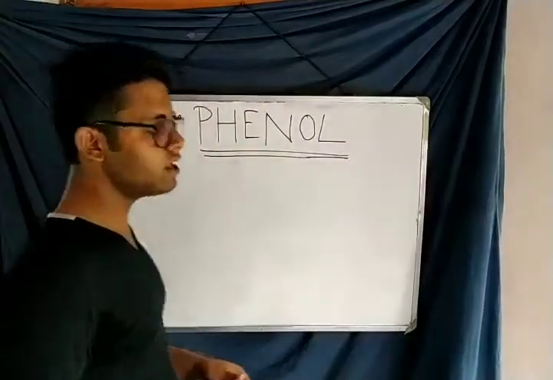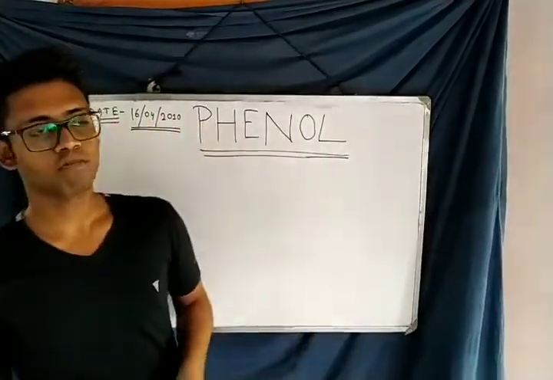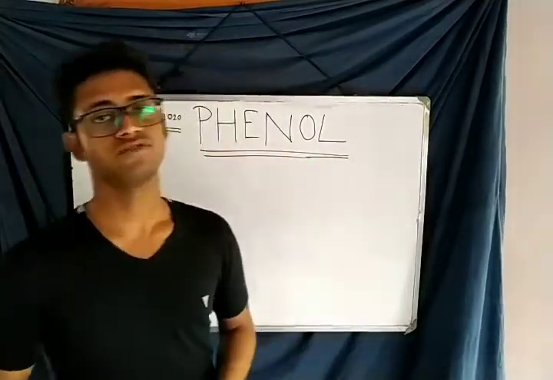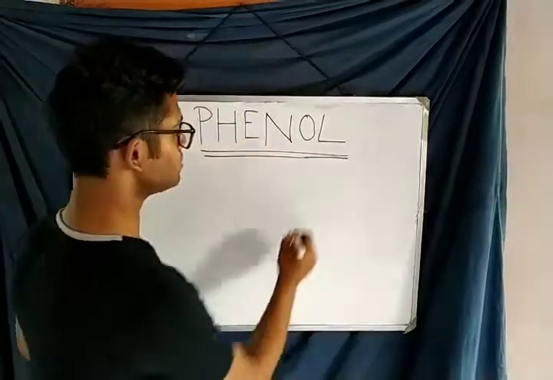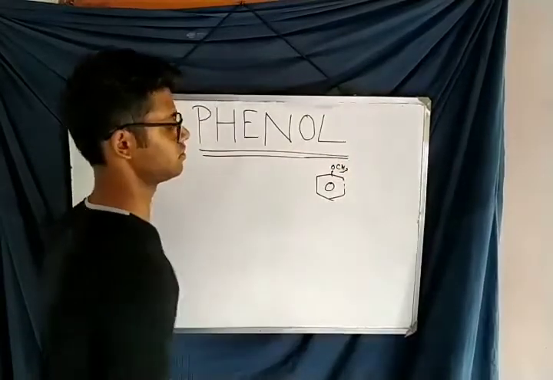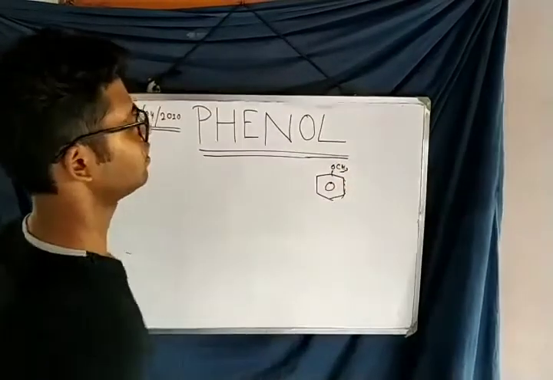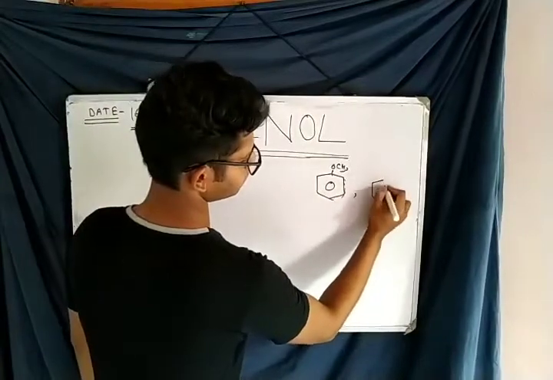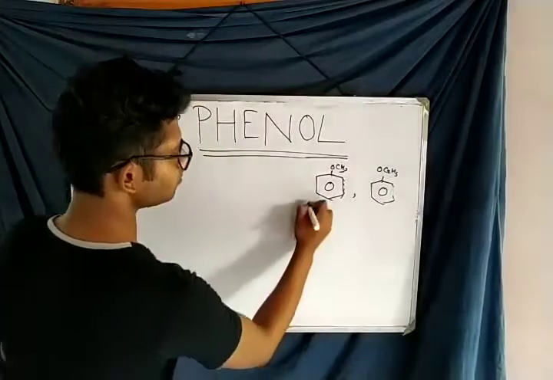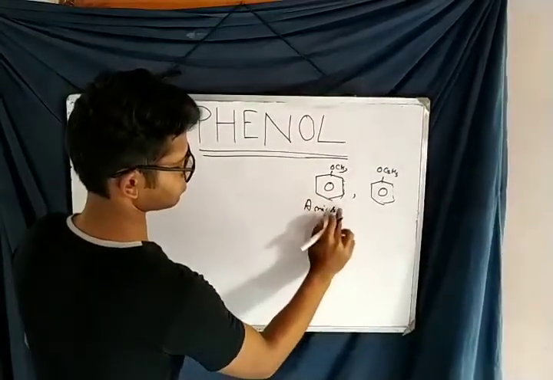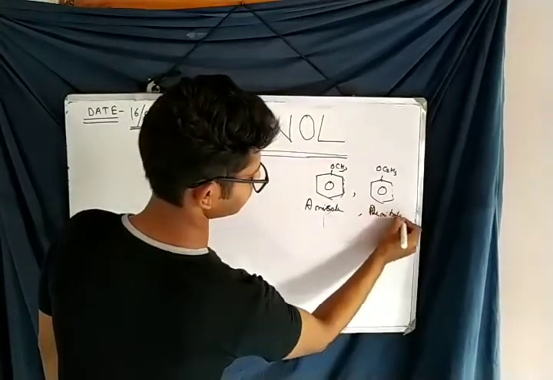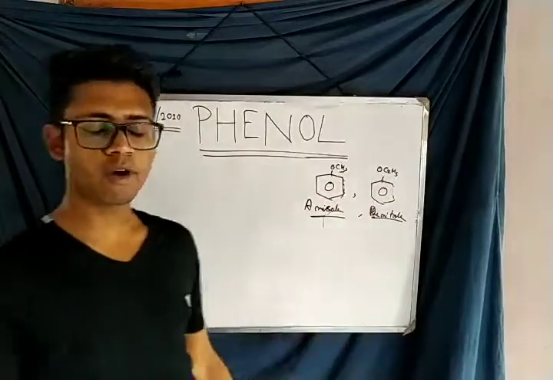There are two compounds, very important, very famous compounds. Those are prepared from phenol. The two compounds are anisole and phenetole. What is anisole? The structure of anisole is this, OCH3. And what is phenetole? This is phenetole. This is anisole. Sorry, and this is phenetole. So how do we prepare these two compounds from phenol?